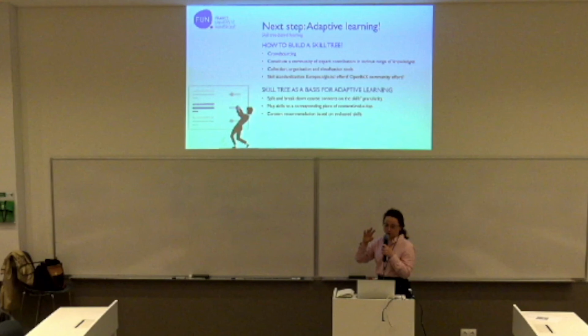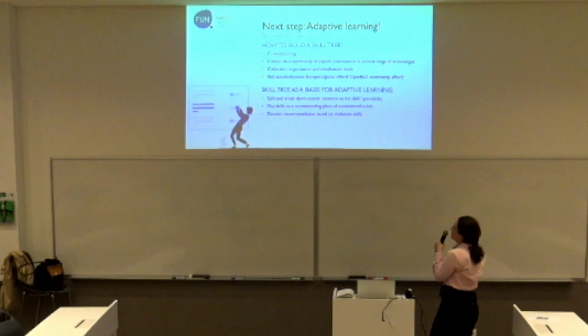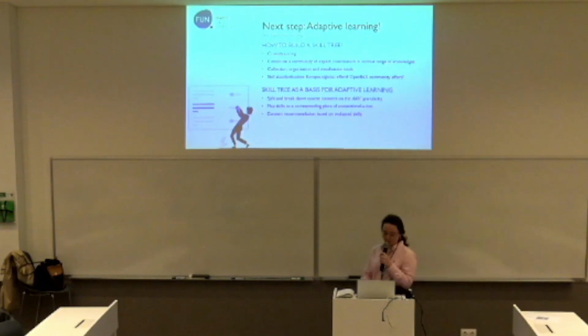So if we reconsider this example, let's say that in the courses of Professor Do we have all this content, so we could map every piece of this content, the singing content, to the first skill, know a set of basic verbs: sing, play, write, read, run, to these first skills. So the idea in practice to construct the structure of the adaptive learning architecture will be to map all the existing content in courses to skills in the skill tree, and